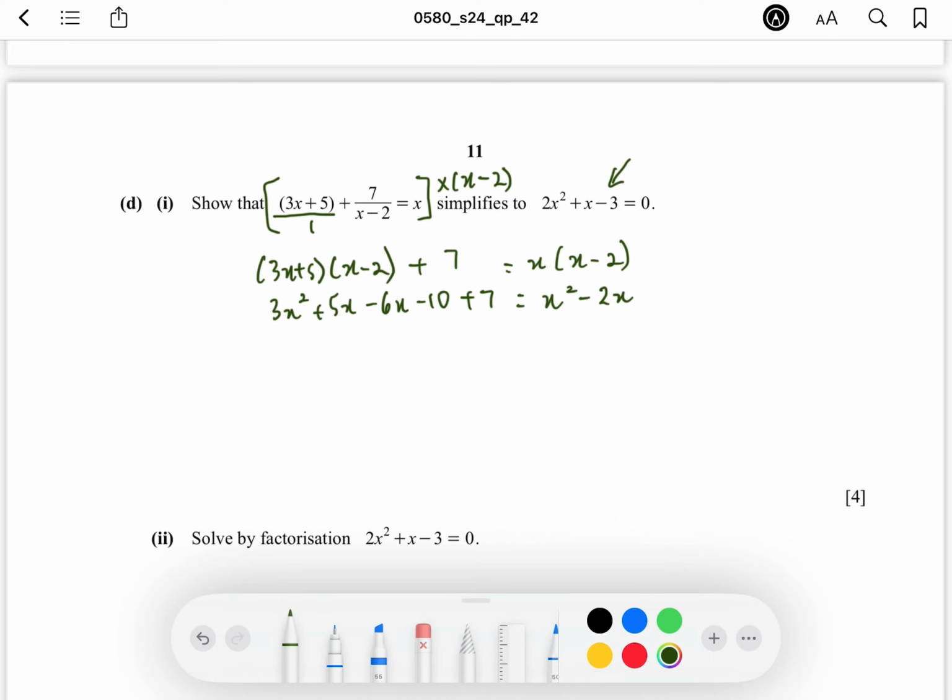So these are the like terms. Okay, you can simplify one by one first. If you want to express it, go ahead. And then this one can also be simplified. So minus 10 plus 7 is minus 3. And you have x square minus